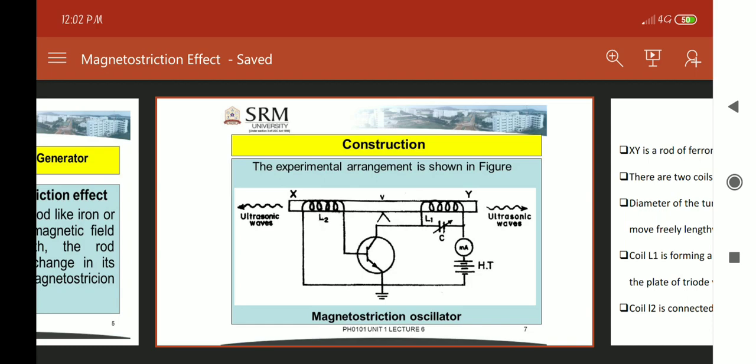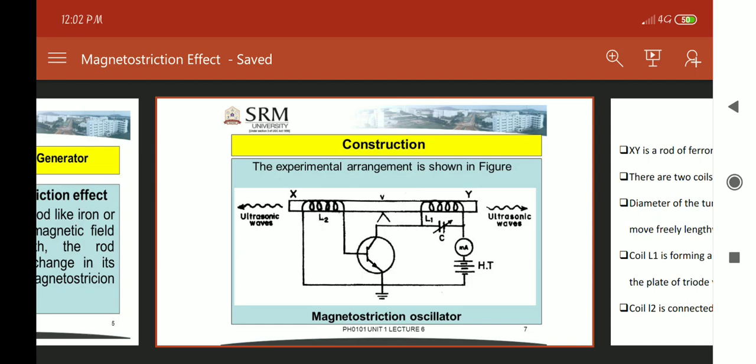Therefore the length of the rod changes, and these variations in length cause a change in the magnetic flux through the grid coil L2, and therefore, by the converse magnetostriction effect, an induced EMF is set up in coil L2.